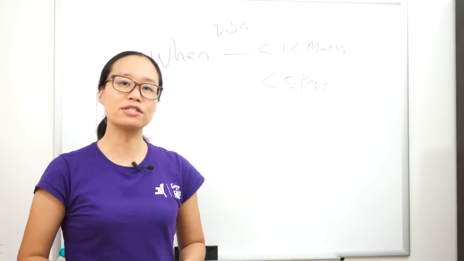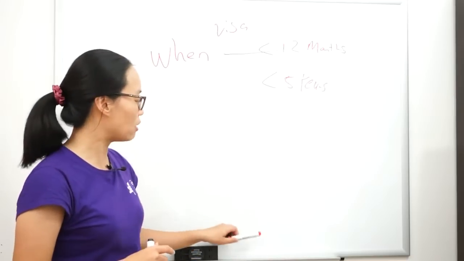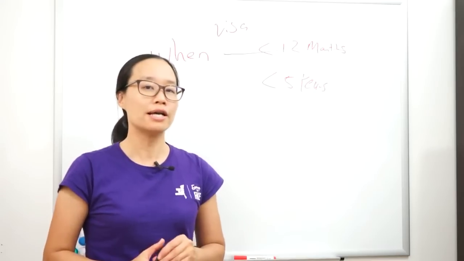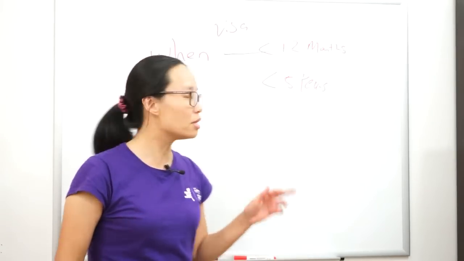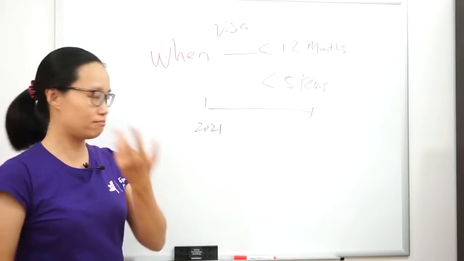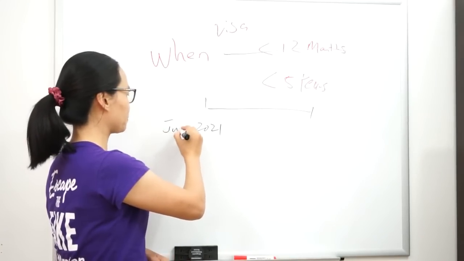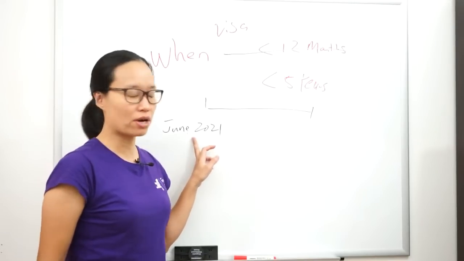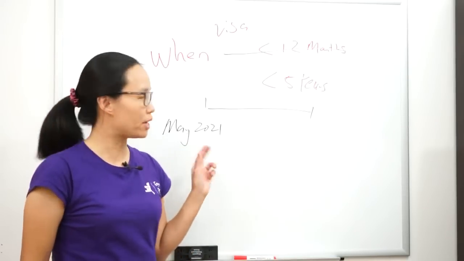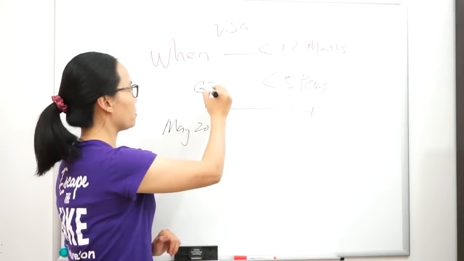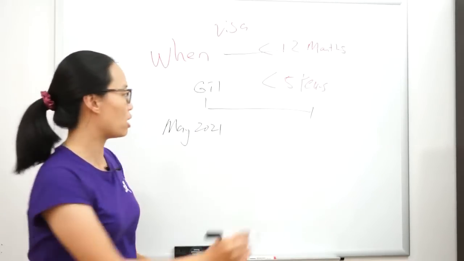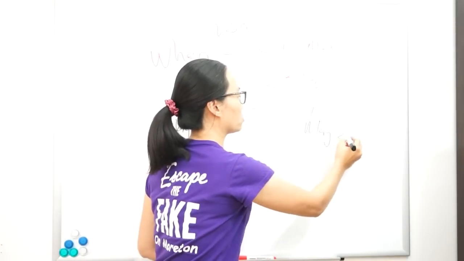But someone said, okay, you know what? I don't want to stay in Australia right now. I'm not ready. I have to think about employment. I don't want to enter Australia now. So what happens? Let's say today is the end of May or June 2021, and your visa is granted on the 1st of May. So once your PR, which is the GTI PR, is granted in May 2021, your travel facility will expire in May 2026.